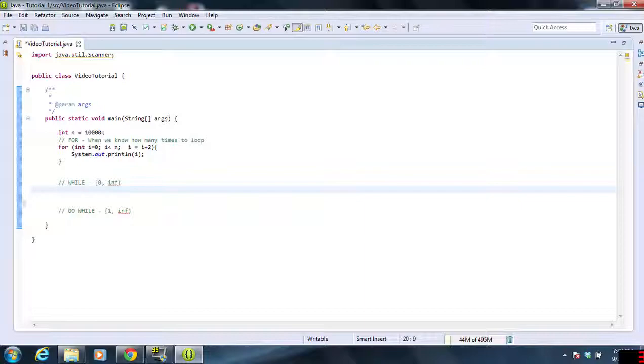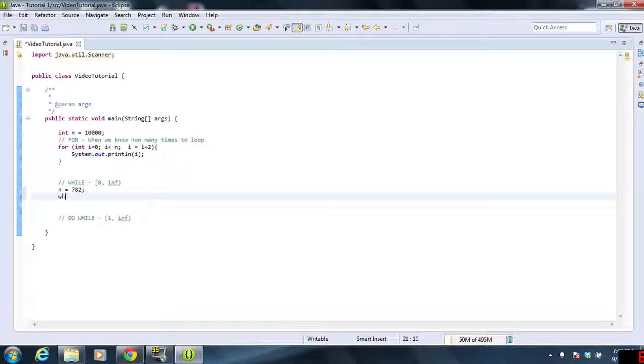let's do a comparative. Let's say we wanted to calculate how many times 20 goes into n. So let's say n is equal to that, and how many different 20s are there. Now I am very aware that we can use division, integer division, to actually solve this problem, but let's solve it with a while loop. So we're going to do while